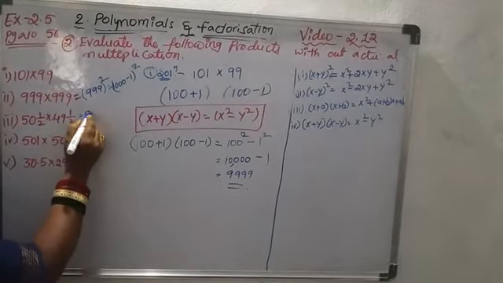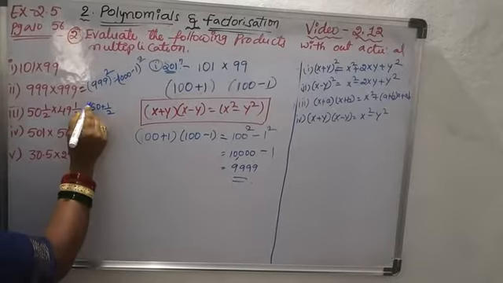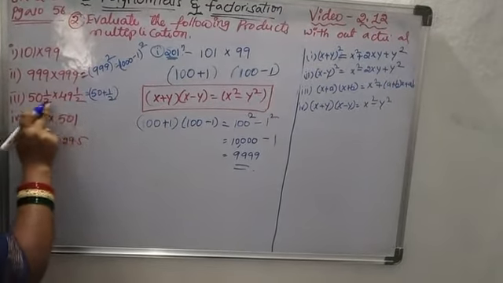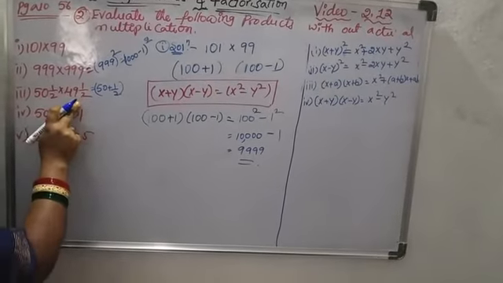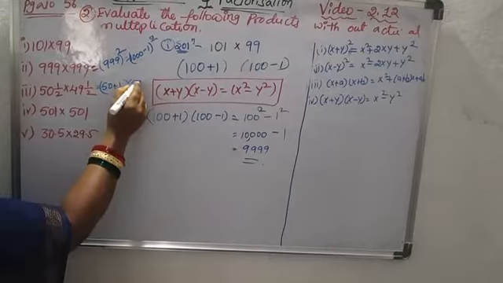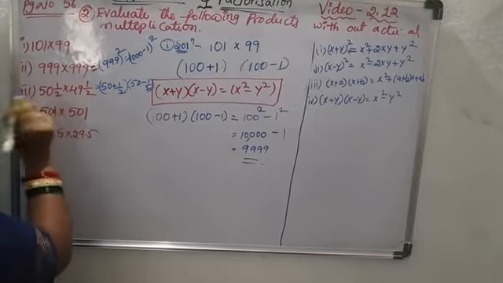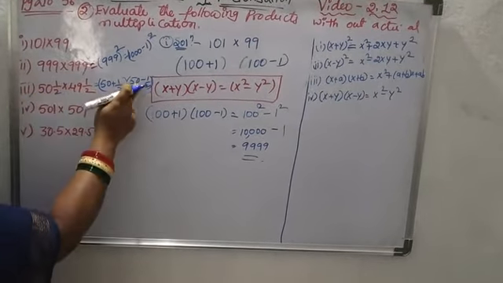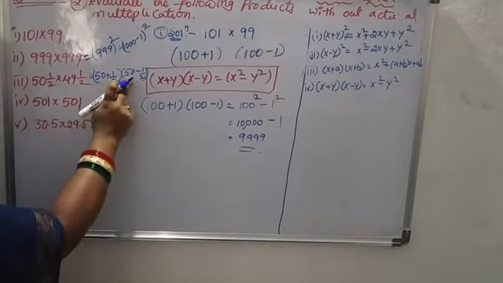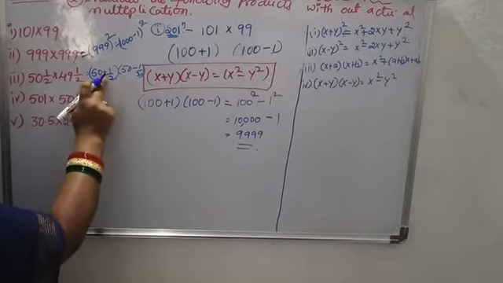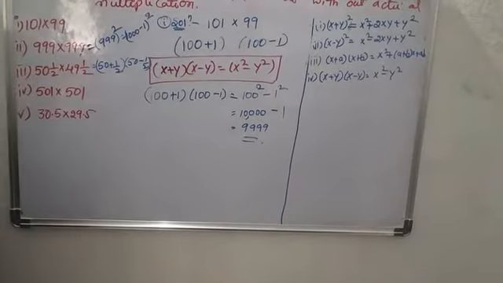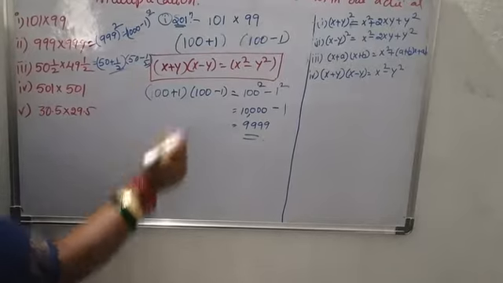At the same time, the third one also: 50 1 by 2 and 49 1 by 2. These are mixed fractions. Now we could multiply these two, but don't go that way. We have to express this like this: 50 plus 1 by 2 is 50 1 by 2, and 50 minus 1 by 2 is 49 1 by 2. Now it is in the form here. Observe, first term same, second term same, plus or minus symbols. These are given in the fourth formula, so by using that fourth one, you will get this answer.